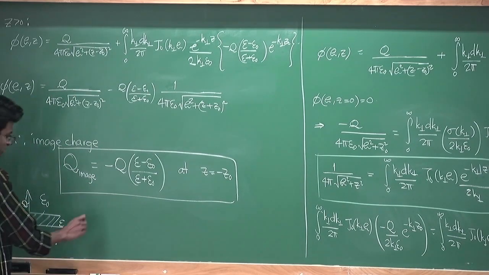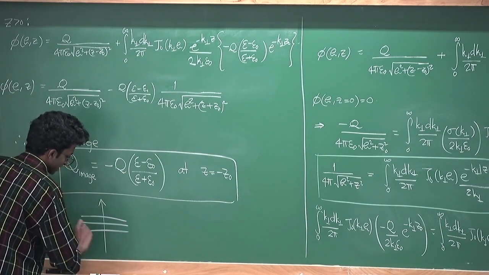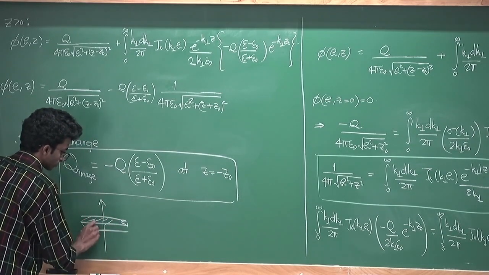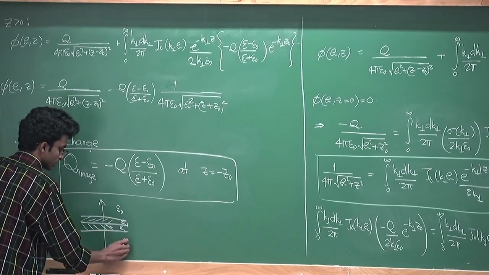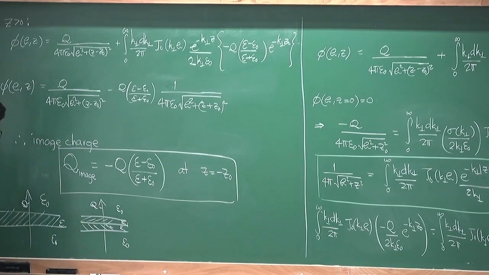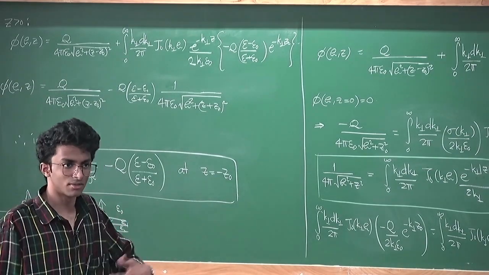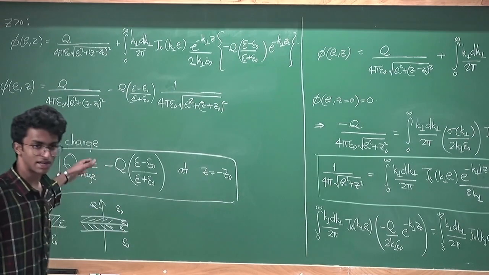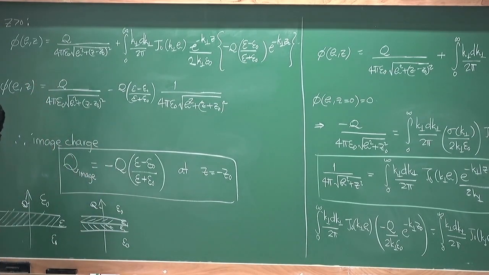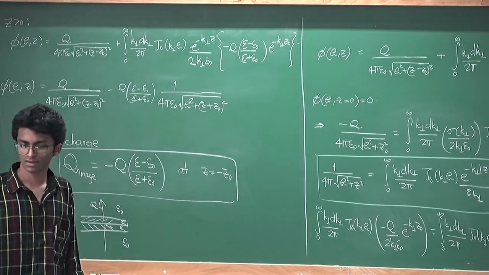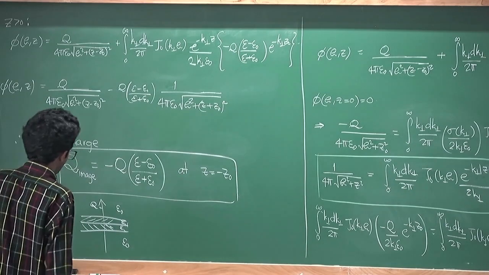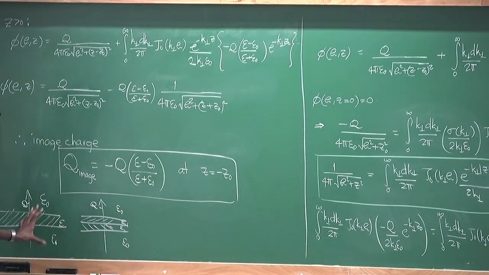And now if you make this problem more complicated and say you have two dielectric slabs, epsilon 1, epsilon 2, epsilon naught, and you put a point charge q there, it becomes far more complicated. You have three different mirrors to reflect about, and you keep reflecting and you again get an infinite 1D lattice of point charges with alternating sign, and you have to add all of them up to actually solve this problem. But if you now cleverly don't use the method of images, instead use this Hankel-transform representation,